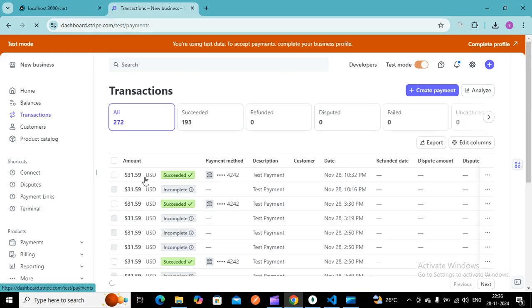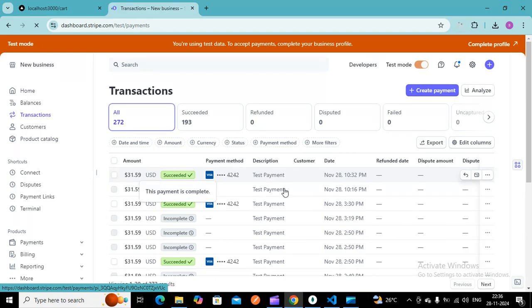Here you can see now the payment is succeeded. So this is all about the payment and the transaction. You have to check whether the payment is succeeded or not. So thank you all of you.